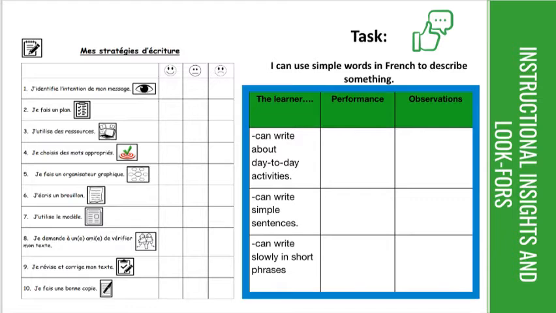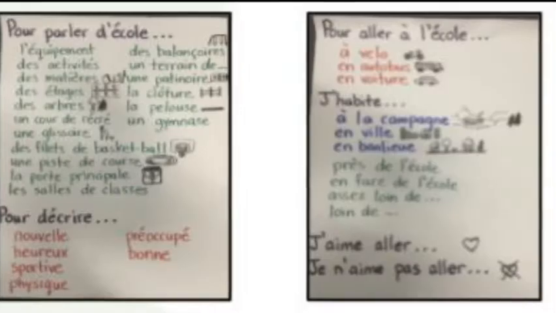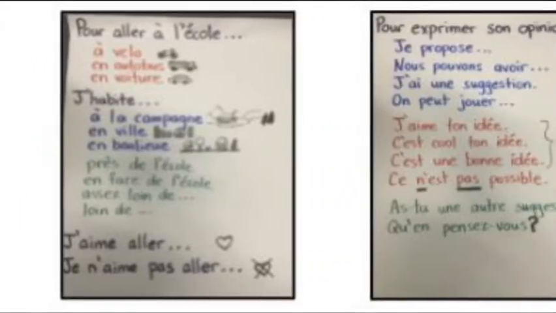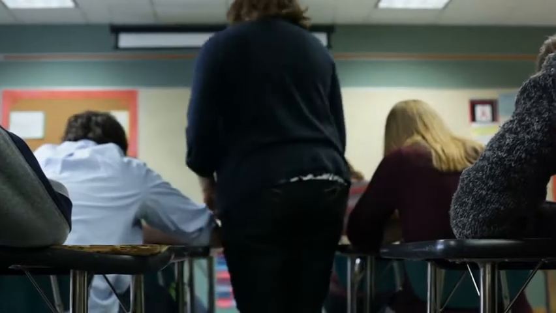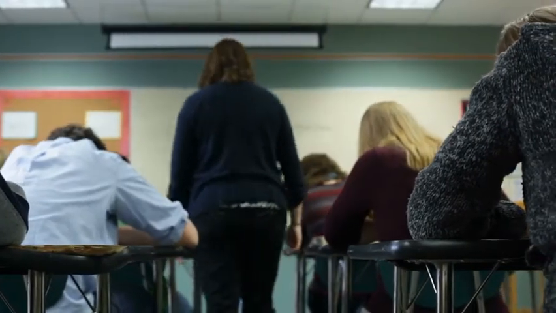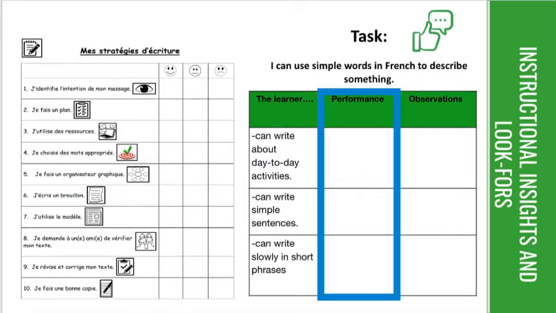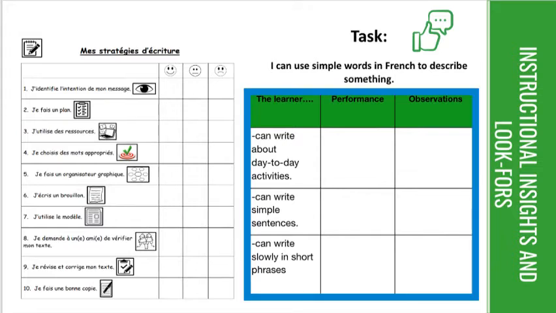On the right is a sample record of assessment for educators to use while learners are writing. Using our example of responding to an invitation, we may focus our learning on the development of the vocabulary needed to express a response. Educators and learners could co-create resources to support this, such as anchor charts, picture dictionaries, or word walls. As learners produce their written piece, the educator could observe how the resources are being incorporated and will record their observations on the right. How the learner demonstrates their progress would be recorded using the column on the left. Educators will include observation of learners while they are producing their writing, as well as while they are practicing the skills leading up to the task at hand.